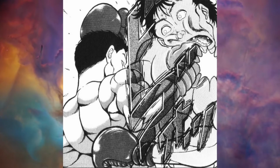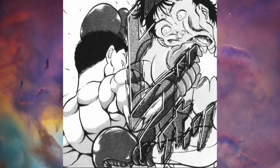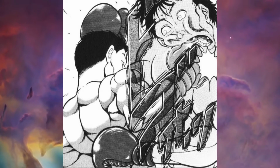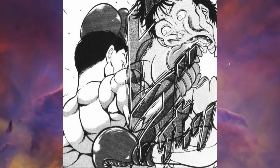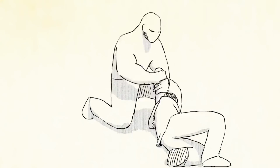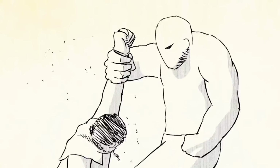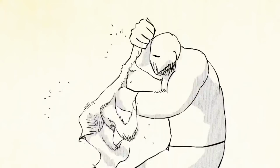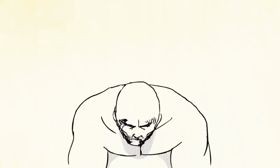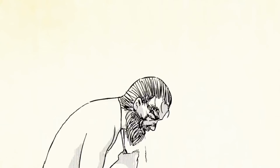Even though every single fight in Grappler Baki ends up being an ideological clash between two different types of martial arts, the way in which this struggle for supremacy is expressed ultimately always leads to expressions of unbridled violence. This sentiment can of course be expressed without any punches thrown or blood spilled, as is most often the case during fight build-ups. Its aim is to make the reader apprehensive about an incoming action, rather than tell a story